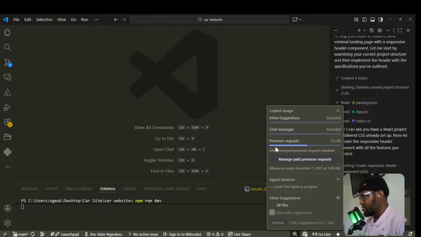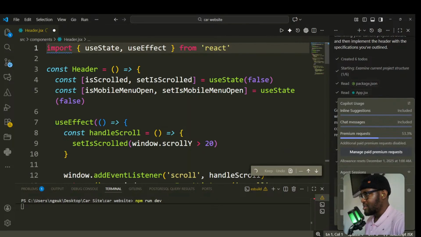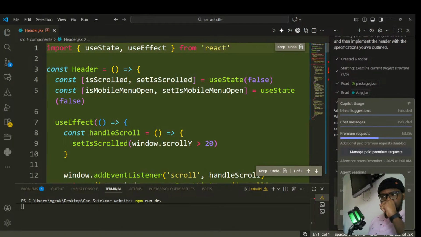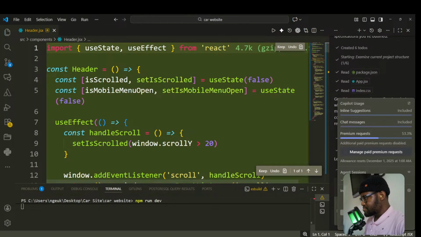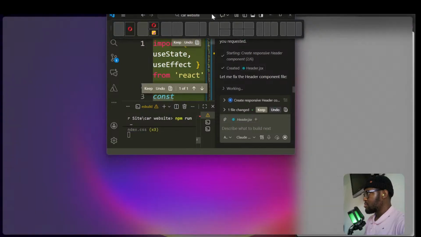At the beginning of each month, the premium request bar here will refill itself, and you'll be using it for that month, and when it's finished, you will not be able to make any premium requests. So yes,